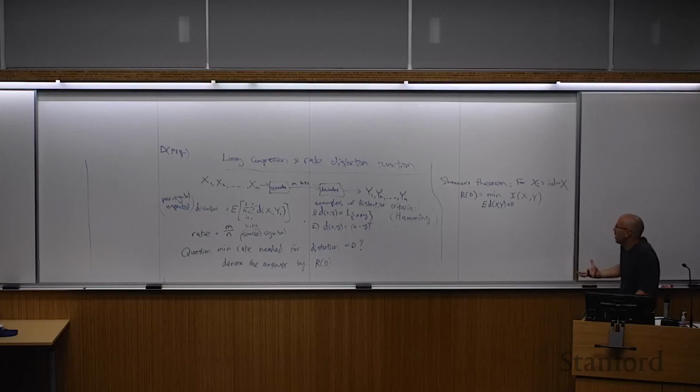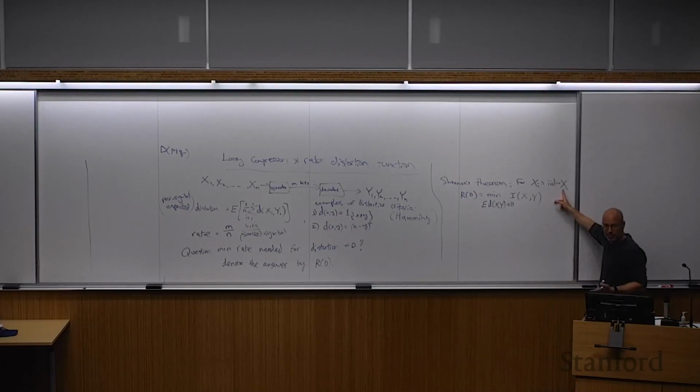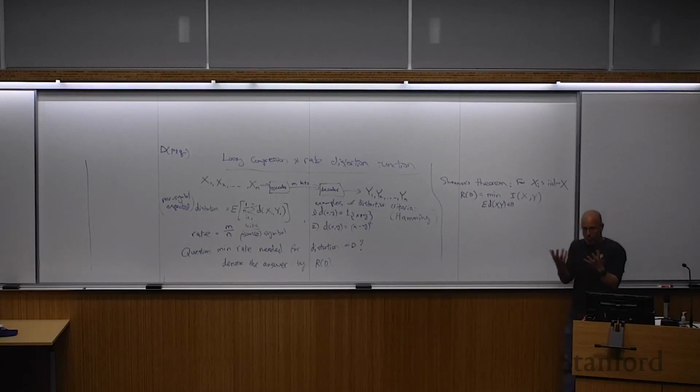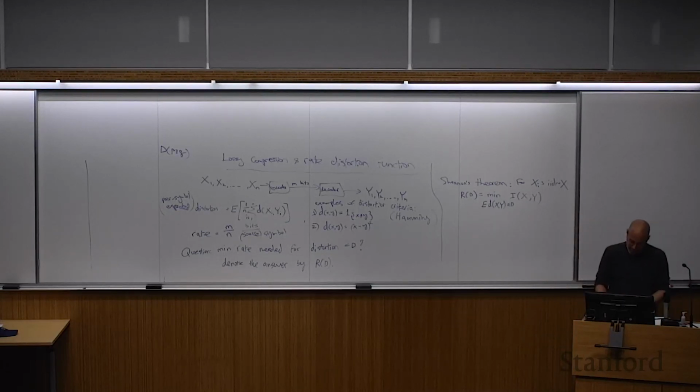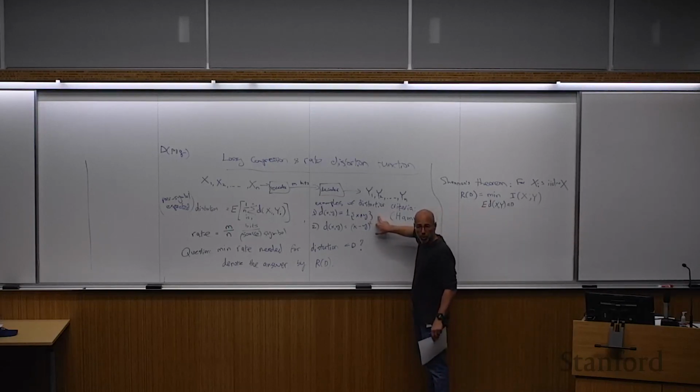Okay, so as it should be, in the end, this is some functional of just the distribution of X. Right? So we're optimizing over what remains of the joint distribution, which is the conditional of P of Y given X. What else do I want to say about it at this point? Maybe the best thing is to basically go straight to two examples, corresponding respectively to these two distortion criteria.